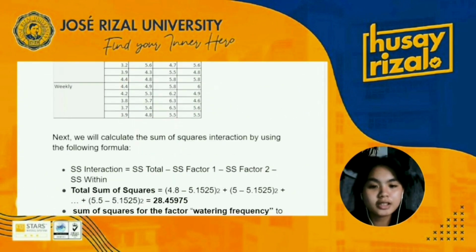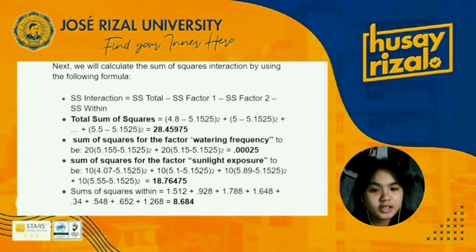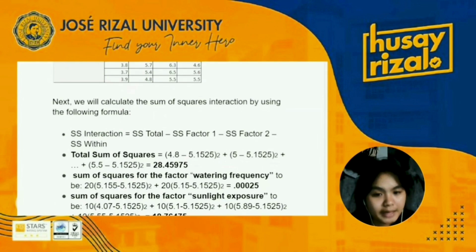Step 5, calculate sum of squares interaction. So next we will calculate the sum of squares interaction by using the following formula. SS interaction is equal to SS total minus SS factor 1 minus SS factor 2 minus SS within. Total sum of squares is 4.8 minus 5.1525, and so on up to 4.8 up to 5.5, is equal to